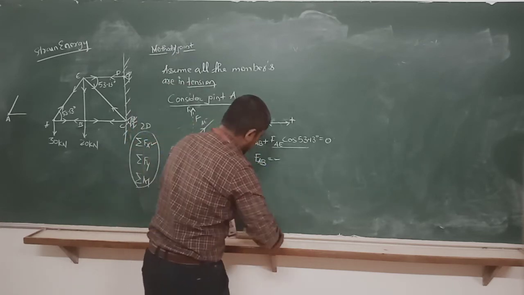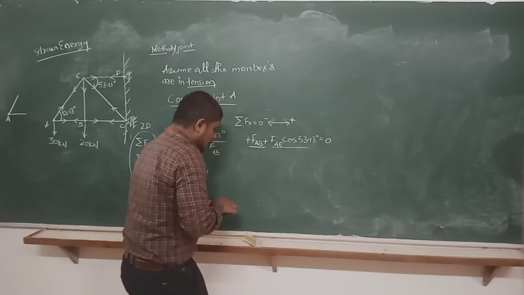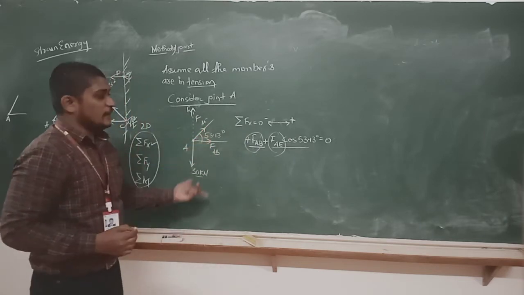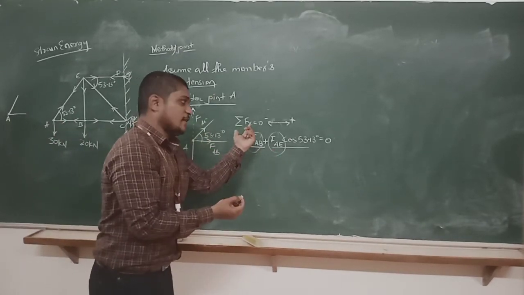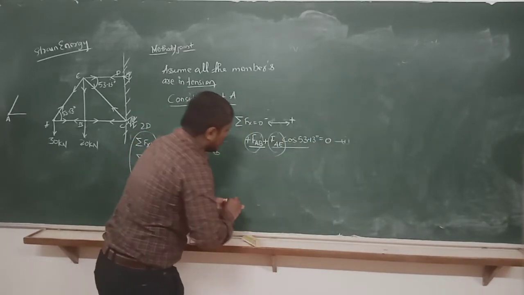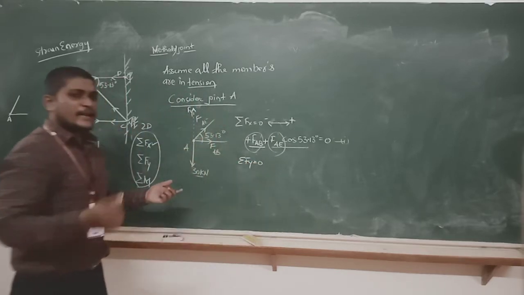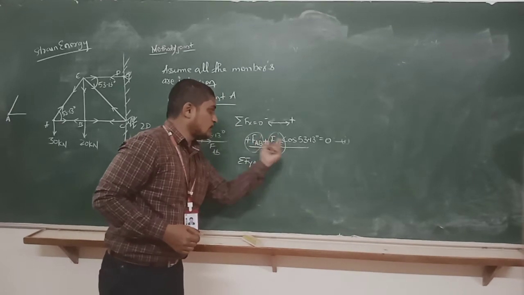So now here see, FAB and FAE, both values are unknown here. Okay, so both are unknown, so we cannot solve by using this Fx equation. So let us keep this equation as 1 and let us jump towards the summation of Fy. Summation of Fy is equal to 0. Trial and error. If you are not getting an answer with Fx, you go for Fy. You will get any one answer out of this.